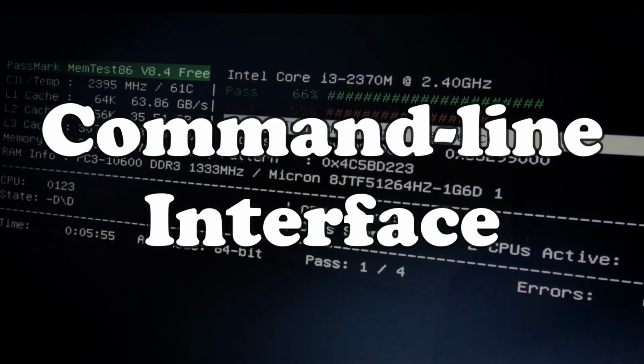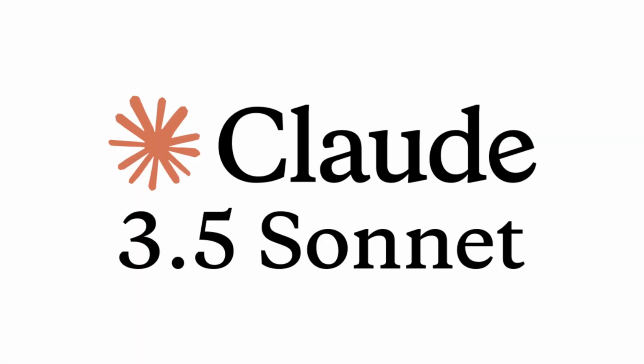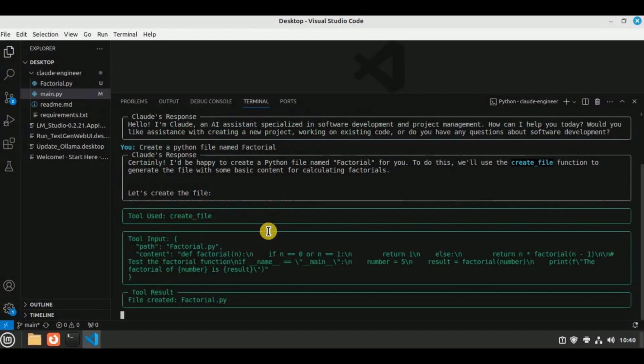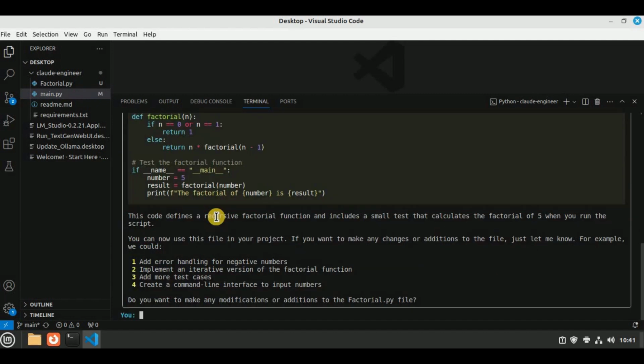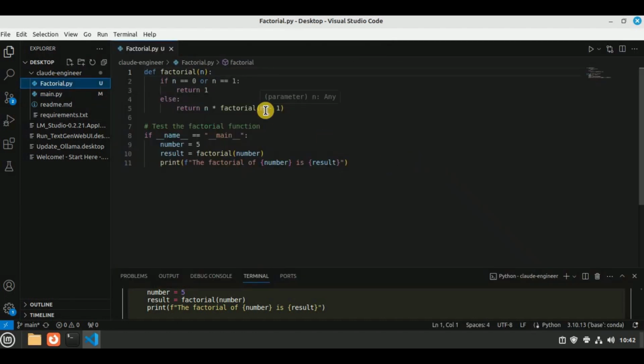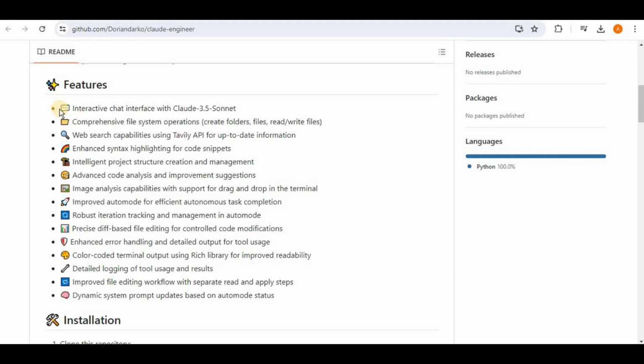Claude Engineer is an interactive command line interface designed to assist with software development tasks by leveraging the power of Anthropic's Claude 3.5 Sonnet model. This tool integrates a large language model's capabilities with practical file system operations and website functionality using the Tavily AI. It has really simple installation steps and provides a wide variety of features like an interactive chat interface